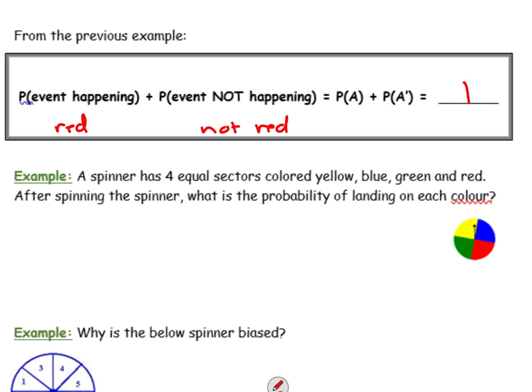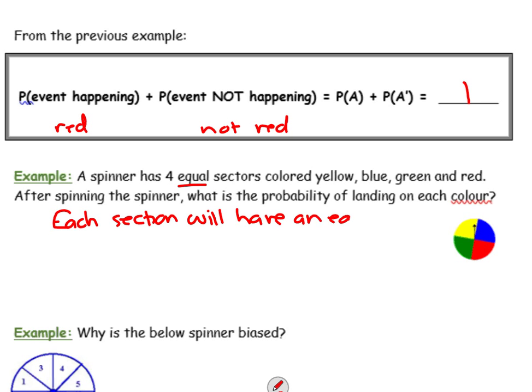A spinner has 4 equal sections. This is an example of a spinner. You spin it around and see which colour it lands on. They're equal sectors, coloured yellow, blue, green and red. After spinning the spinner, what is the probability of landing on each colour? So you can see they're equal size sections, so you can just say each section will have an equal probability,